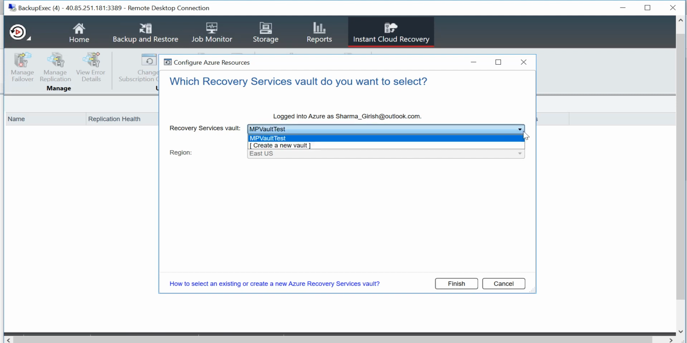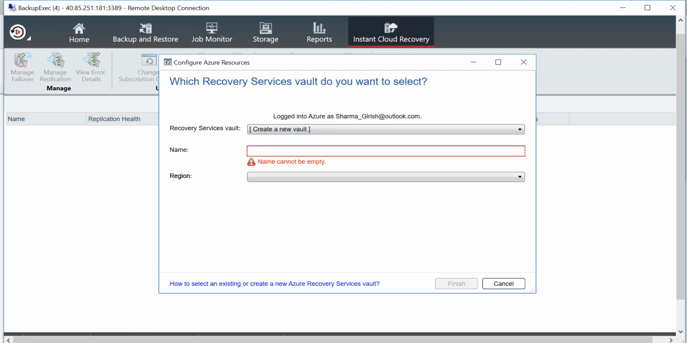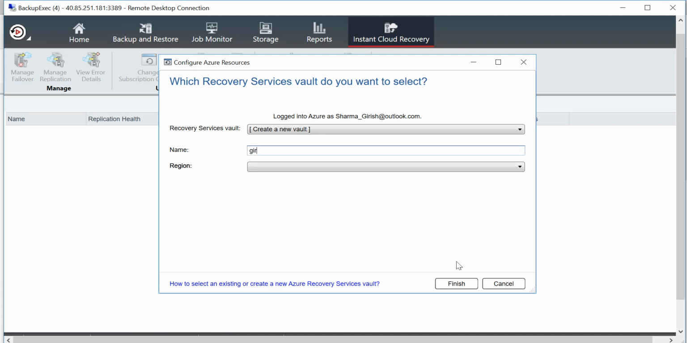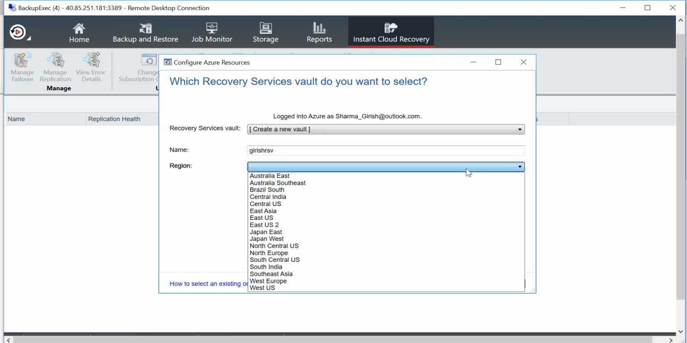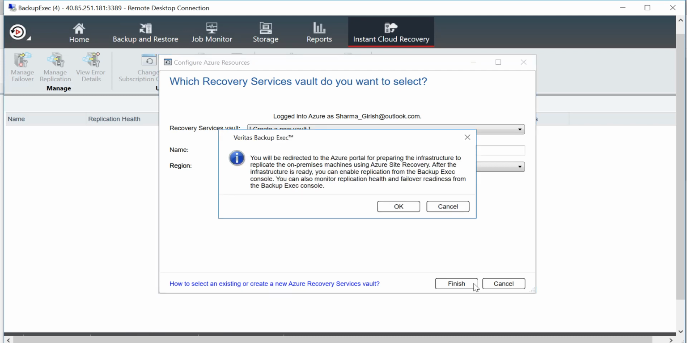And here I can create a recovery service vault, if you don't have one in the Azure subscription, right within the Backup Exec management console. I can give a name for my recovery service vault. So if I give a name, say Girish RSV, I can pick the region where I want this recovery service vault to be created, and as you can see, there are multiple regions I can pick from. Say, for example, if I pick East US and click on finish, the recovery service vault with the name Girish RSV will be created. So if I click OK,